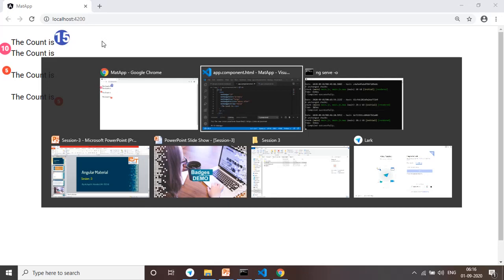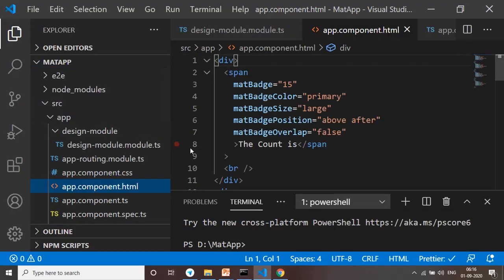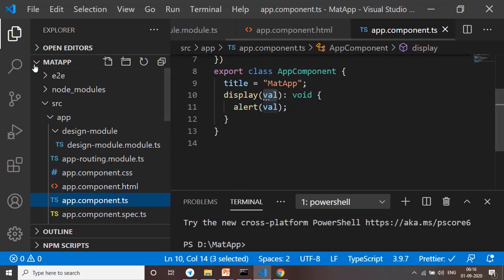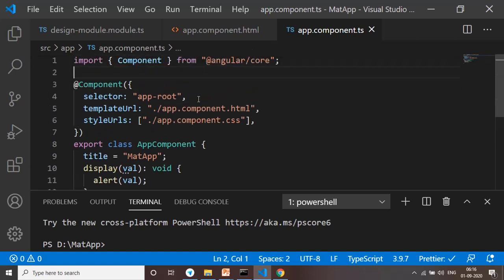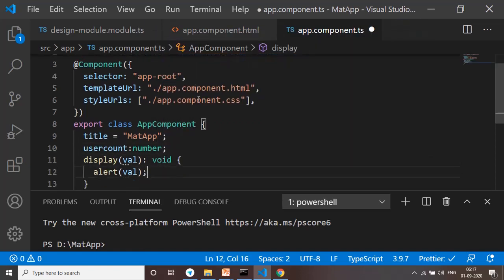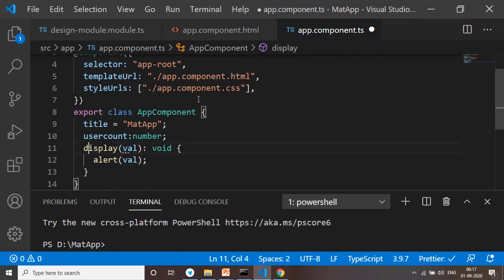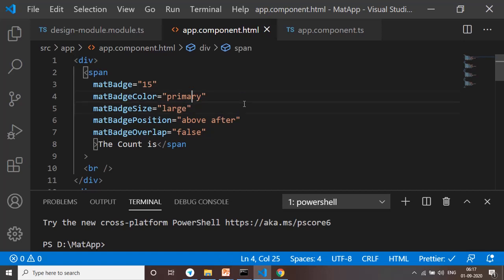So if I go to the app component class, so app.component.ts, if we create some variable here, so I'll say user count of type number, and if we initialize this value to something called 40, then here